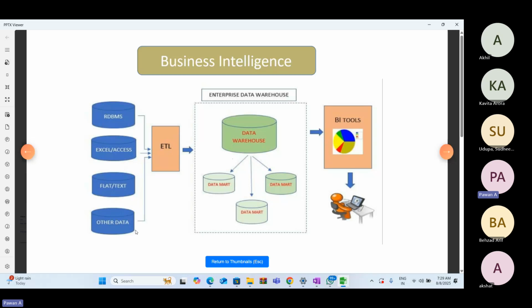Now, the original data source can be some RDBMS system, or it might be some Excel file, or a file from Microsoft Access, or a flat file or text file, or some other data. It might also be coming from something like some SAP related data entry tool or some bank transaction data entry tool created by some software companies. All of this data is first brought into a staging platform, and that platform is where